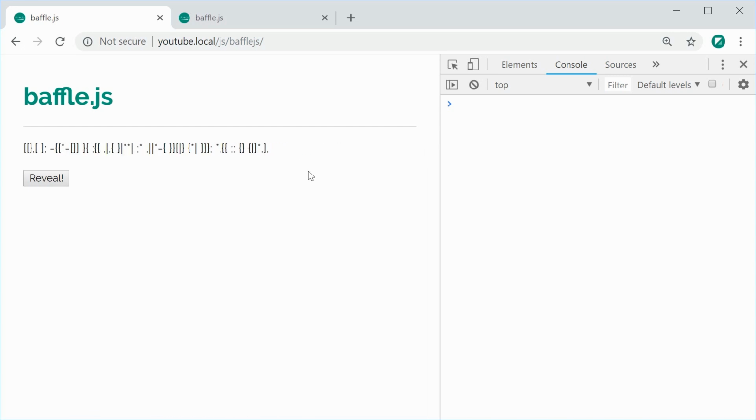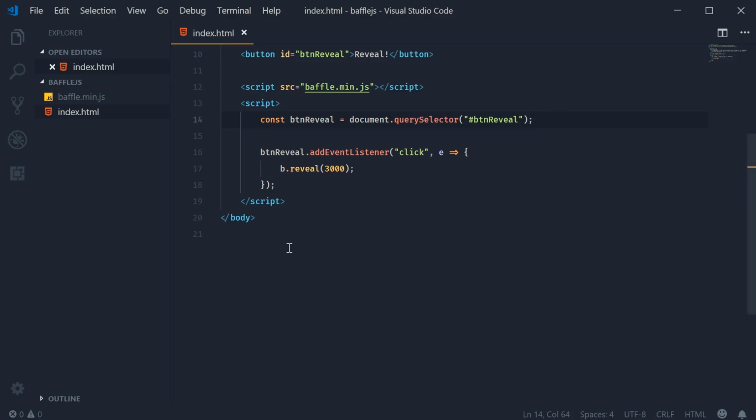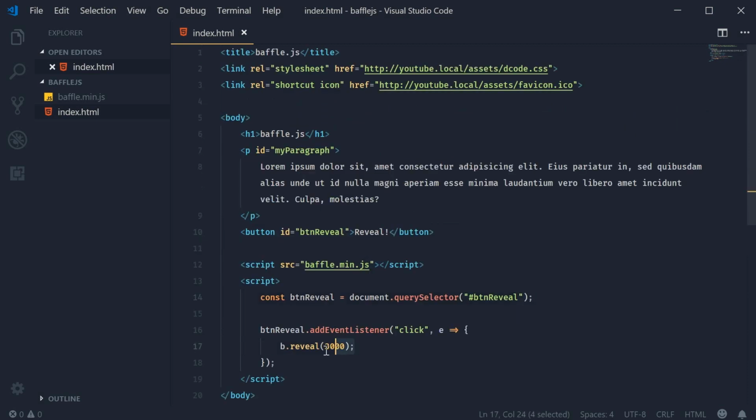We've got this paragraph here. I press on this button and the text gets revealed after 3 seconds. Alright, so let's hop inside this tab and create that. So inside the source code for this document, it looks like this right now. So we have here the paragraph tag with an ID of my paragraph and a button with an ID